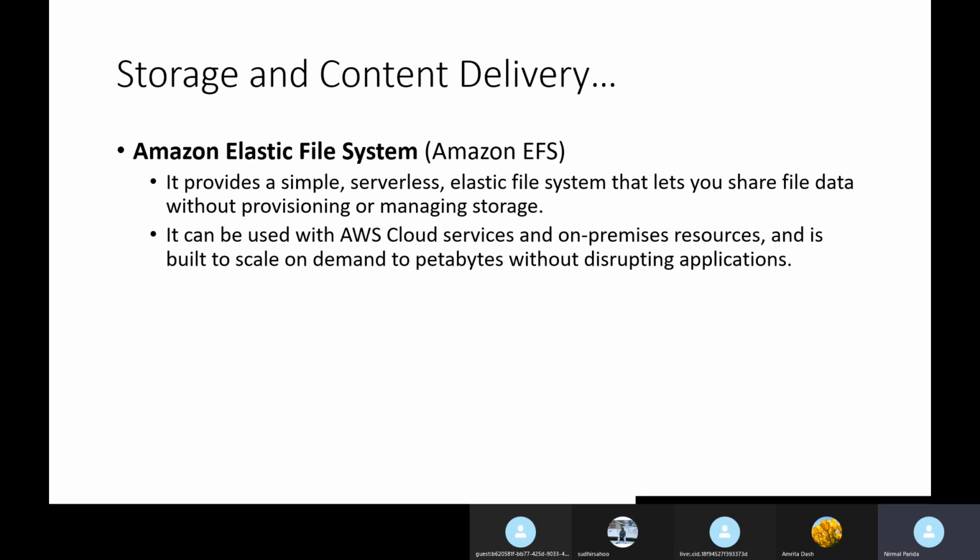Next is Elastic File System. It provides a simple, serverless, elastic file system that lets you share file data without provisioning or managing storage. It can be used with AWS cloud services and on-premise resources, and is built to scale on demand to petabytes